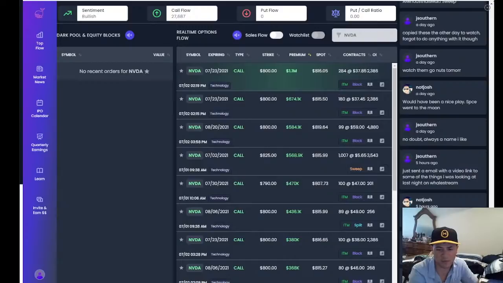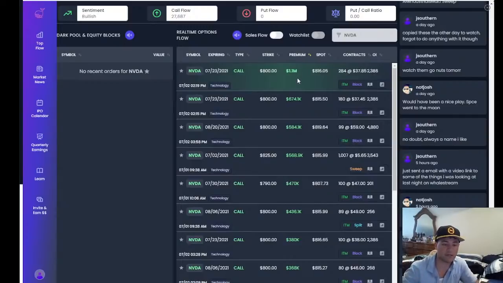Stonked Up asks, does it differentiate whether the person is buying or selling the calls? Well, for every buyer, there's a seller, right? But the way you can determine it: the stock is trading at 816, right? The strike is 800. So somebody was buying in the money calls, and you also have somebody selling in the money calls. But the reason it's green is because they must have bought at the ask. So this is being recorded as a purchase.